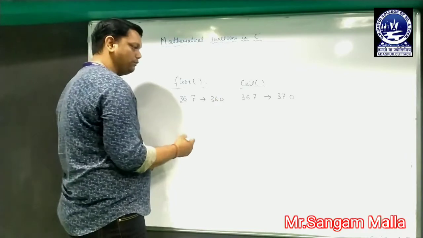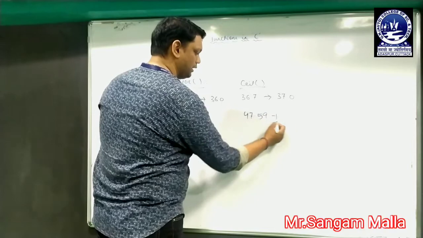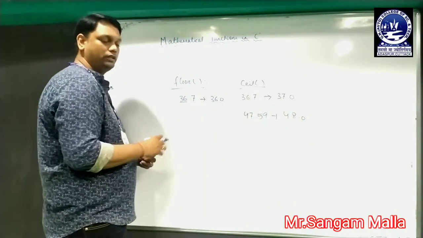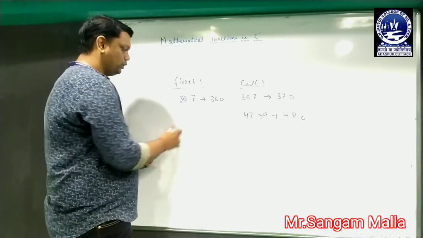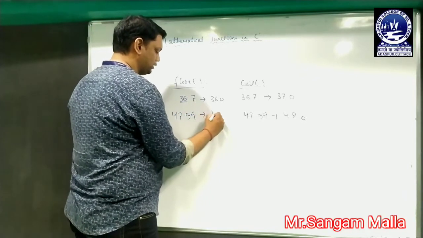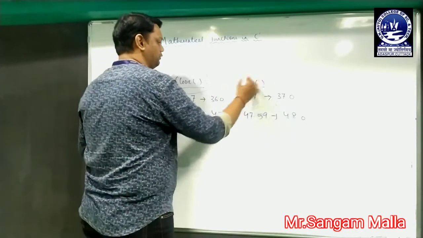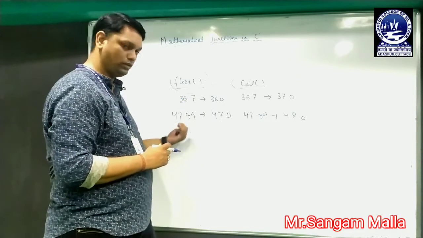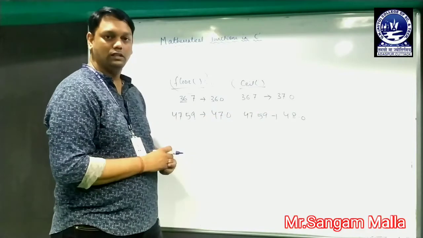36.0. Similarly, if I enter the number 47.59 in ceil, the answer will be 48.0, because it also gives the output as a decimal value. Similarly, if I enter 47.59 in floor, the answer will be 47.0. So these are the inverse of each other. That means the floor function is used to round down the number to its lower number, and the ceil function is used to round up the number to its highest number.